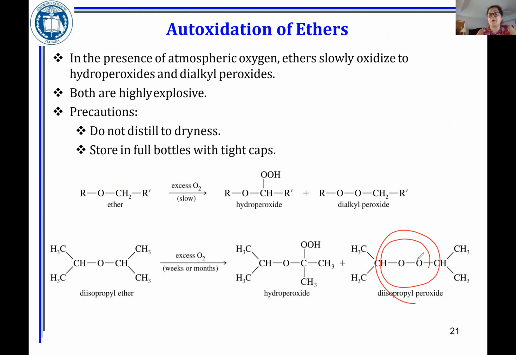So the peroxide is an explosive compound. These are very highly explosive compounds. So you have the hydroperoxide, and then you have the peroxide, the product of auto-oxidation of ether. So peroxide, this is hydrogen peroxide. The meaning of the peroxide is just this oxygen-oxygen single bond. And then when you have dialkyl peroxide, instead of the hydrogens, you have the R groups, highly